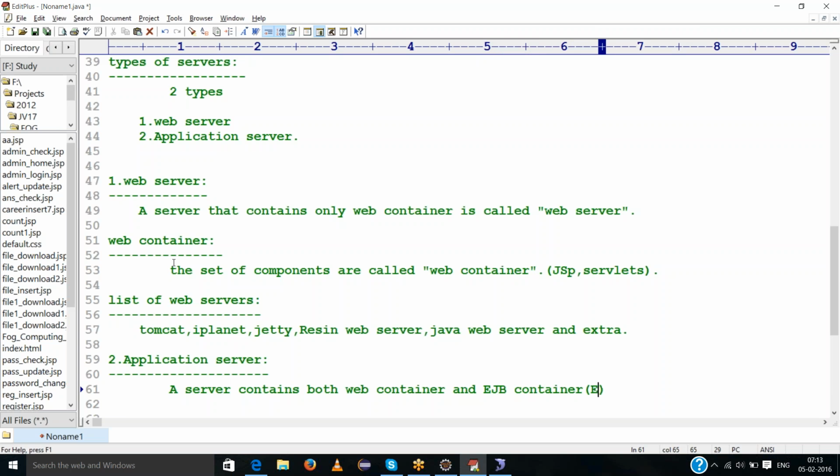What does the EJB abbreviation mean? Enterprise Java Bean. That is called an application server.